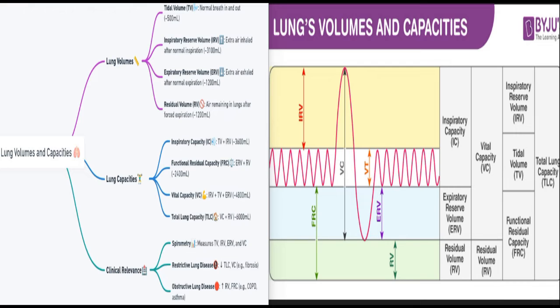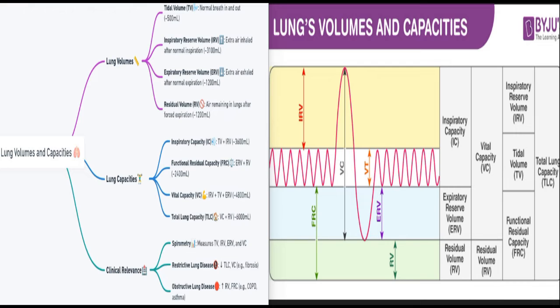And lastly, on the physiological roles, respiratory capacity plays a role in deep breathing and preventing atelectasis. Atelectasis has to do with lung collapse. So deep inspiration, which is increasing respiratory capacity, helps in preventing alveolar collapse, which is atelectasis, especially after surgery or prolonged immobility. And the technique used is incentive spirometry, which uses respiratory capacity to encourage deep breathing in